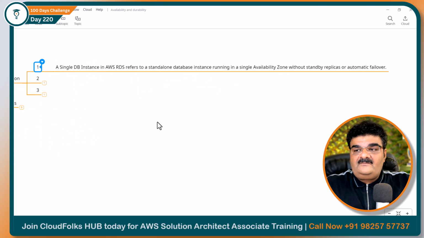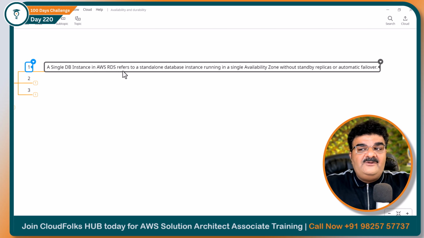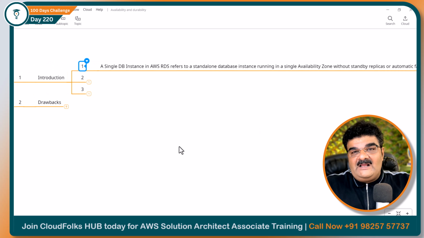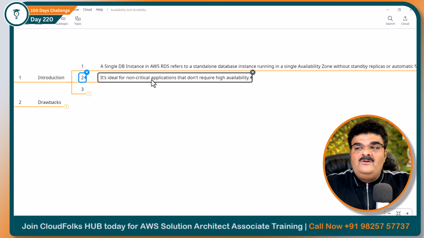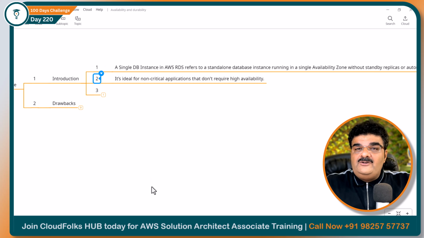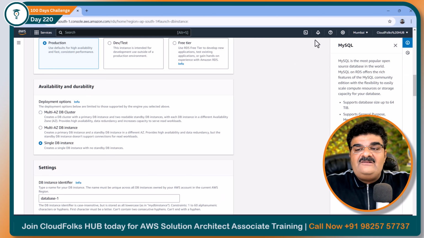Introduction. A single DB instance in AWS RDS refers to a standalone database instance running in a single availability zone without standby replicas or automatic failover. Suppose your company's primary goal is to save money. They don't have any problem with downtime because they have a non-critical application. They're saying that, okay, if my application is down because of a database problem, we can tolerate this. In this case, you can choose this. When you select this single DB instance, it will create